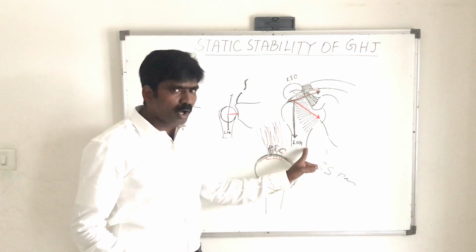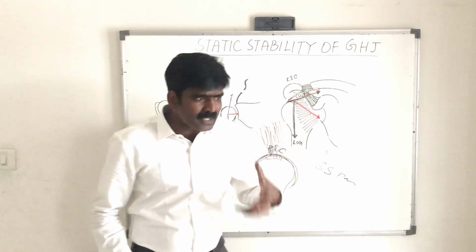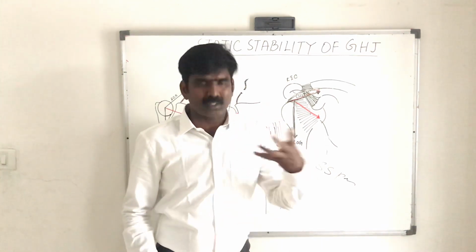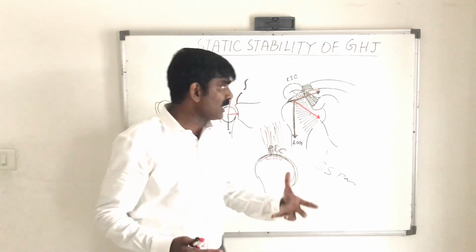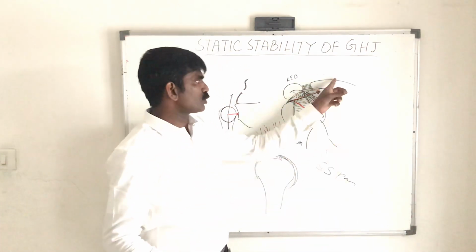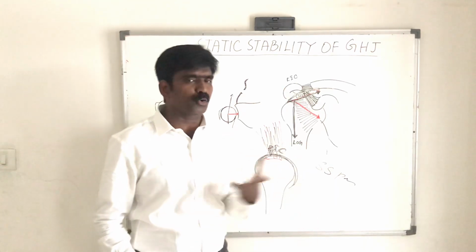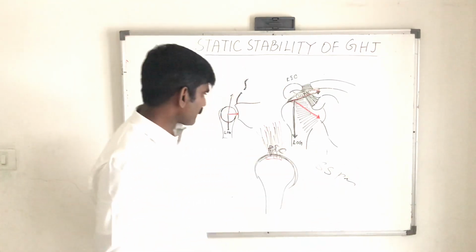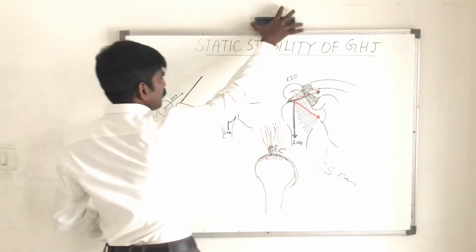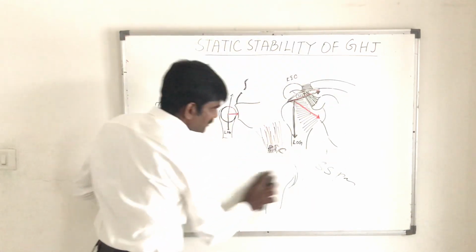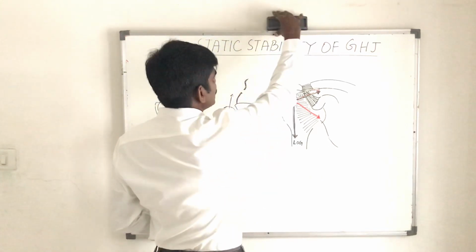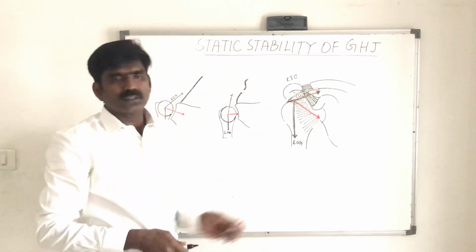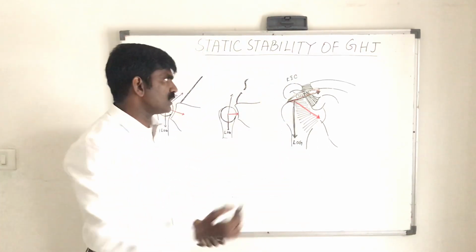This occurs because the loaded arm requires more stability, and this stability is provided by the additional structure, that is supraspinatus muscle, and this cannot be produced when the muscle is paralyzed. So this is about the first point: tension in the superior capsular structure, or tension in the RIC.